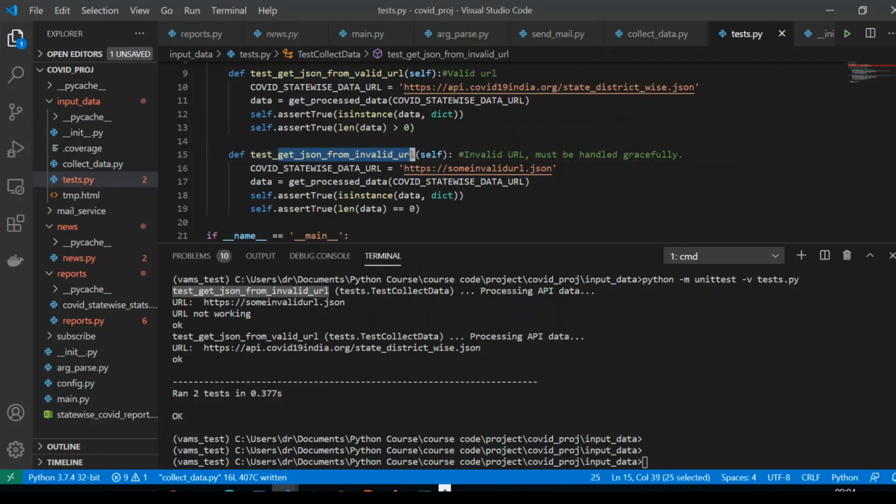When we read the code, the function name should be in such a way that it is understood. So get JSON from invalid URL. That means when we are reading the code, we know what exactly that thing is doing. Then it helps us to read the code. Okay. So this is the first